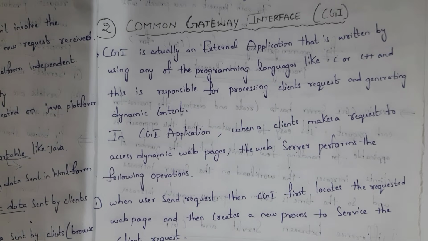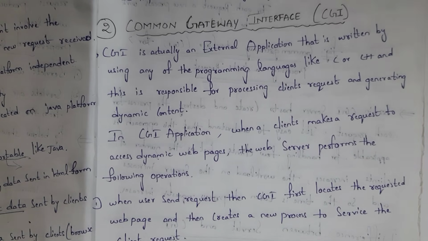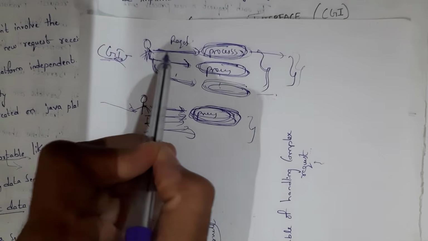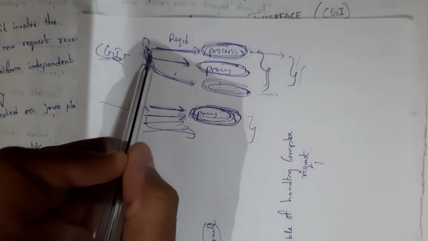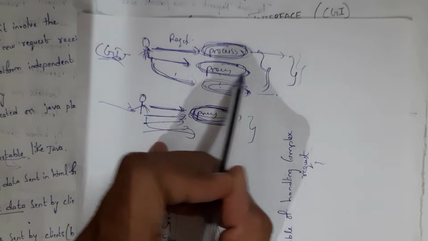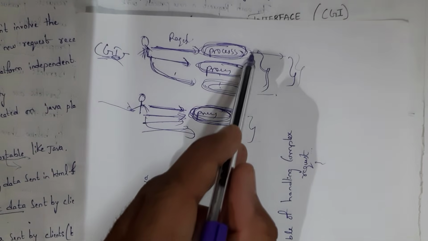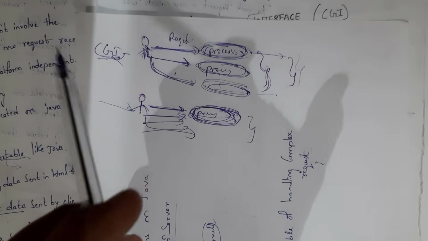Next topic is CGI, that is Common Gateway Interface. CGI is the same as a servlet. Whenever a user sends a particular request, CGI will provide a response to the request sent by the user. There is only one difference between CGI and servlet. In CGI, if the user sends one request, one process is created, and if the user sends another request, another process is created. However many requests the user sends, that many processes we need to create in CGI. So it is a time-taking and very slow process.